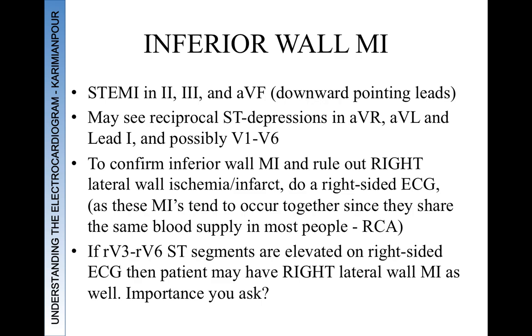And if they have ST elevations on the right-sided ECG leads, V4, 5, and 6 along the right side of the chest, this suggests that there's an RV infarction as well, and that perhaps the occlusion is in the RCA, right coronary artery, if it is a dominant right coronary artery. Then the occlusion is probably more proximal and it's affecting the right ventricle as well, and there's an RV infarct. And so this is important because oftentimes the primary treatment for myocardial infarction is pain control, morphine, oxygen, nitrates,